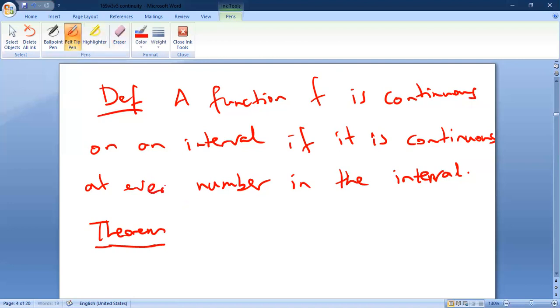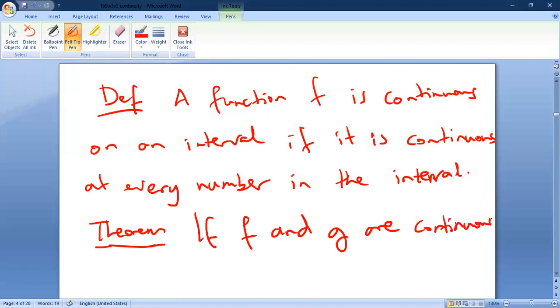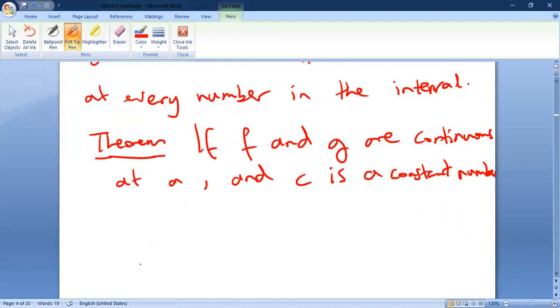So this fact is: if we have two functions, f and g, continuous at some point a, and let's say c is a constant number, then